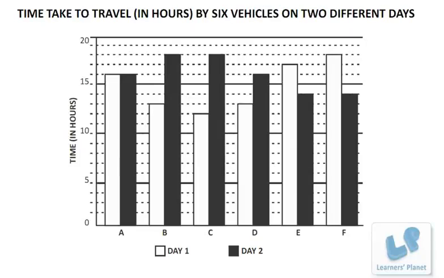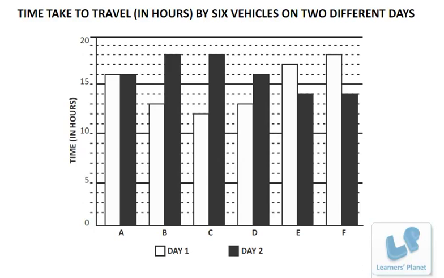Hello friends, in this session I am solving some problems based on data interpretation. The problems are from IBPS paper 2012. Here the first set of questions is there. Here we are given a bar graph that shows the time taken to travel, in hours, by 6 vehicles in 2